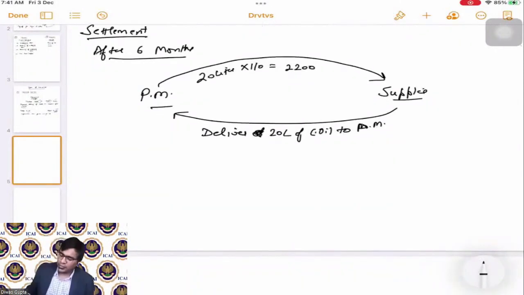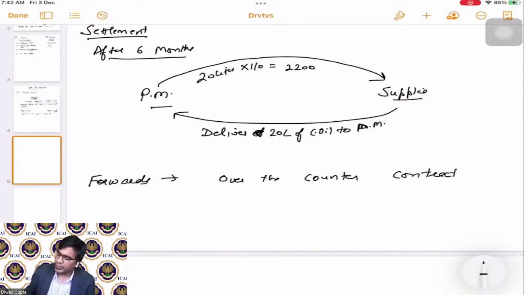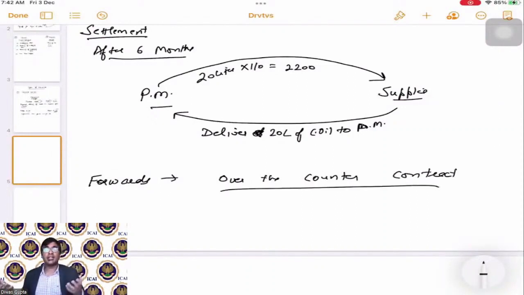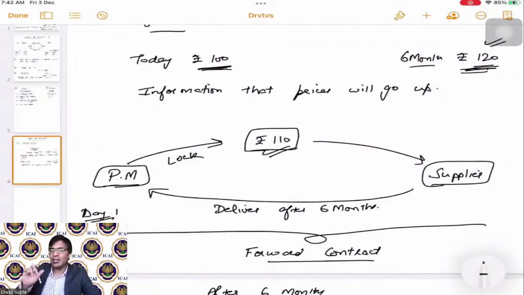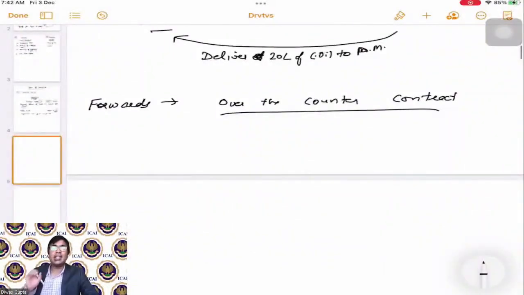So can I say that forwards is an over-the-counter contract? It is very much customized. Over-the-counter means, see, both of them are sitting over the table, right? While I was drawing this, procurement manager and supplier, both of them are sitting over the table. So that means this deal is happening over the counter, correct? Over the counter means that it is highly customized